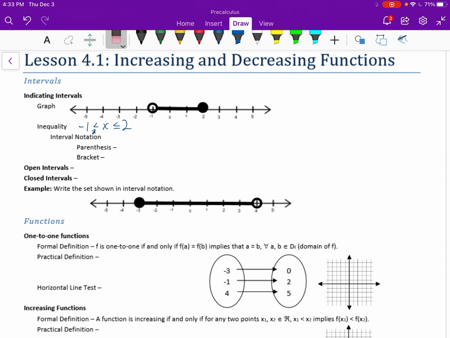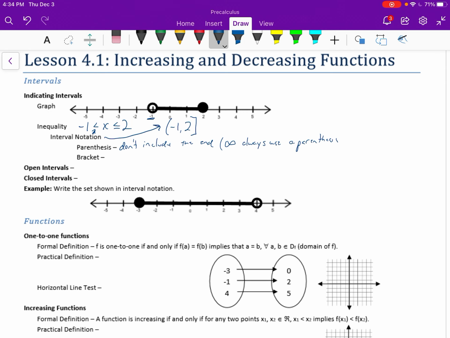This we can write in interval notation, which we'll talk about in a second, but let me just show you this first. We would put parenthesis, -1, because -1 is the endpoint there, and then comma, and then 2 with a bracket. So a parenthesis means we don't include the end. And just a note, we'll see this later, infinity, if you have to use infinity, always uses a parenthesis, because we're going to use this stuff